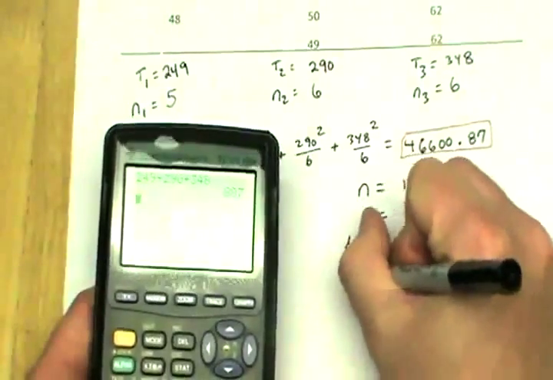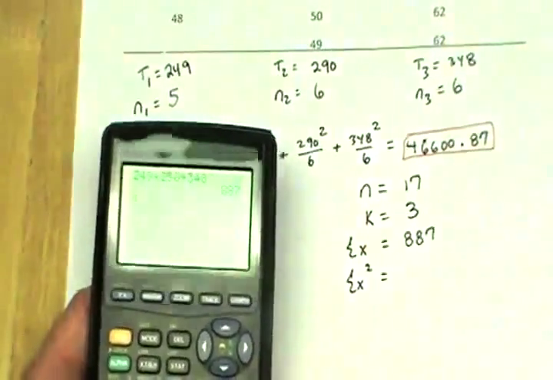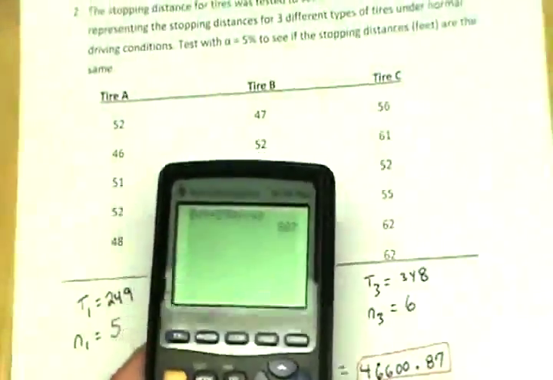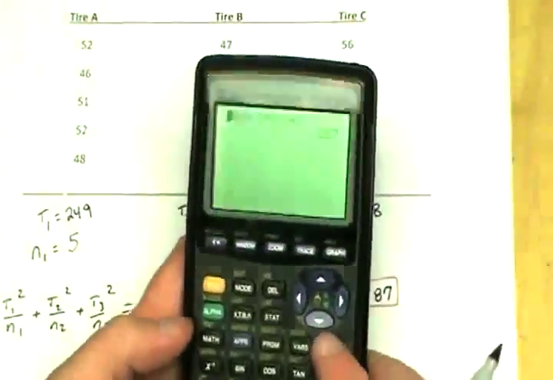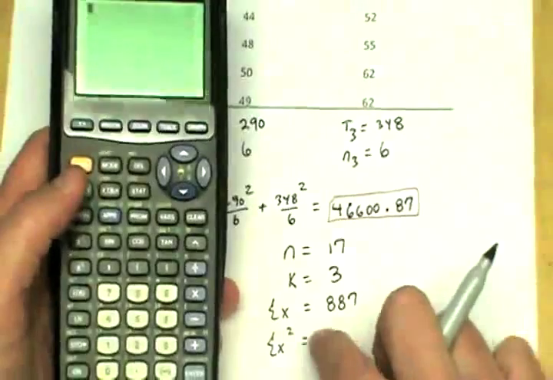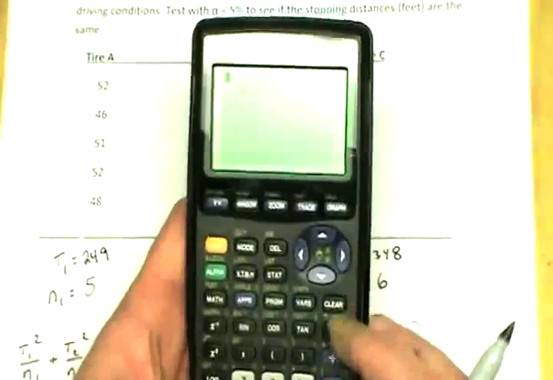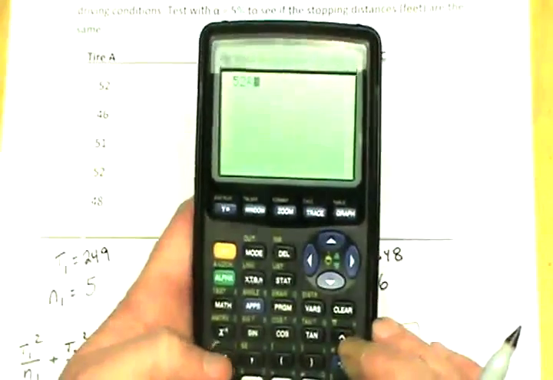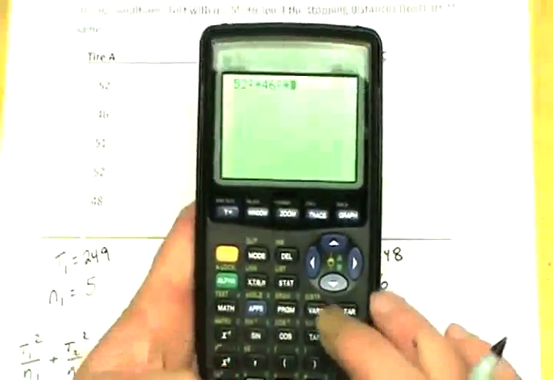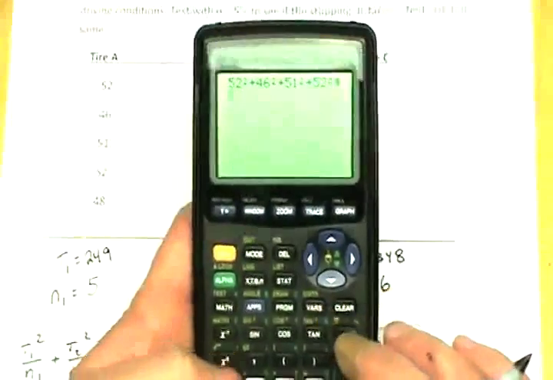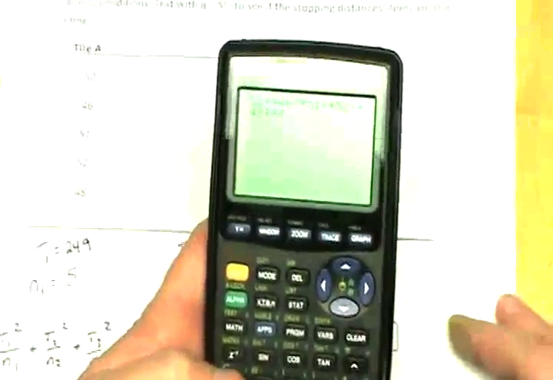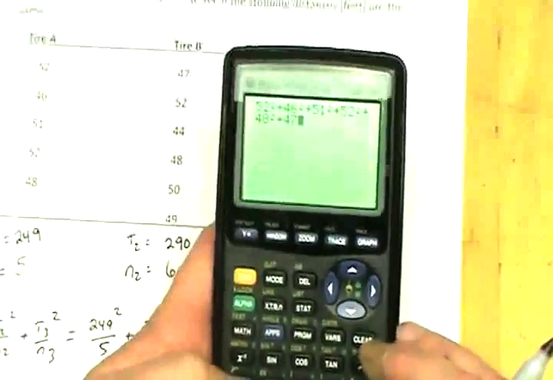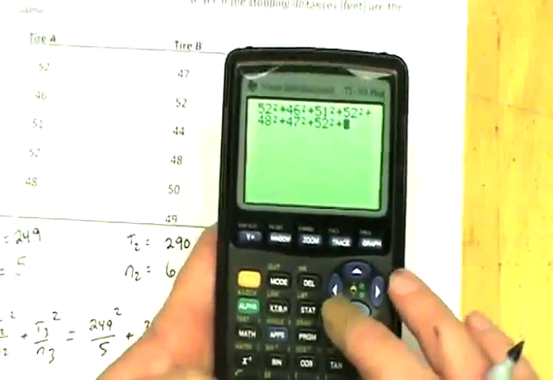And the one we have to make sure we don't make a mistake on is the summation of X squared. That again is squaring each individual piece of data, then adding them up. Don't take the data and square it. Square the data individually. So 52 squared and 46 squared and 51 squared and 52 squared and 48 squared and 47 squared, 52 squared, 44,